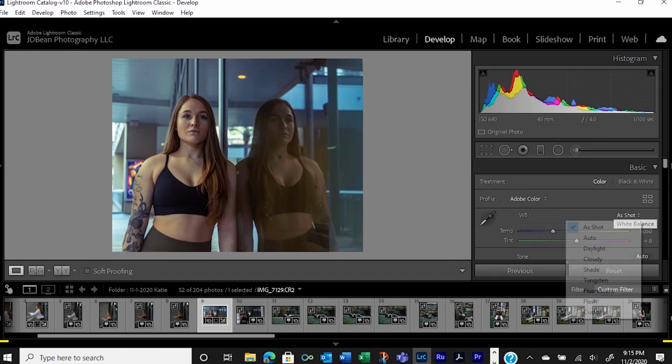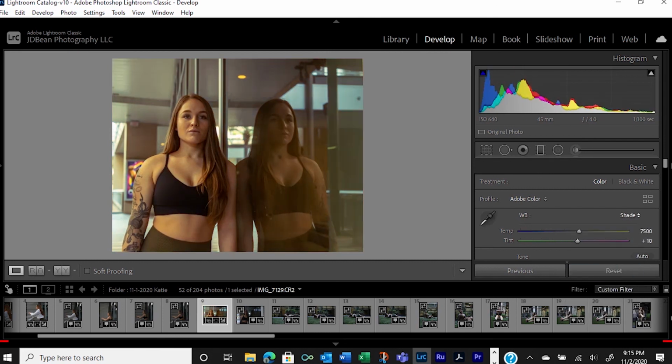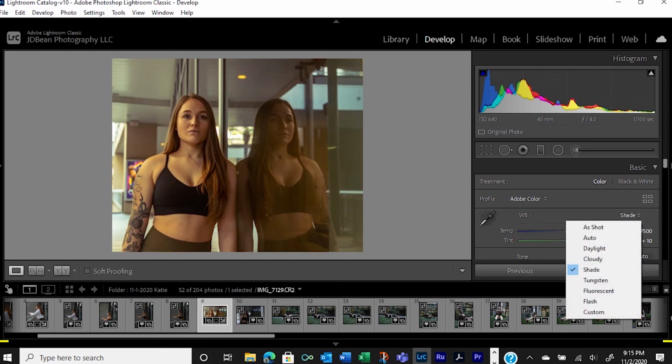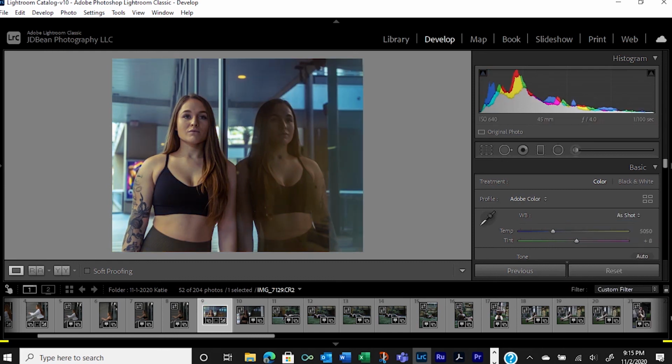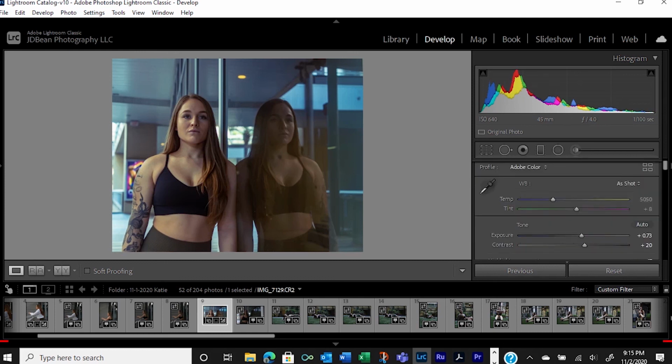But let me show you some of the things that I have noticed. So you see that's hitting shade, your white balance. Mine was good where it was at. Be careful playing with your white balance, because you can really